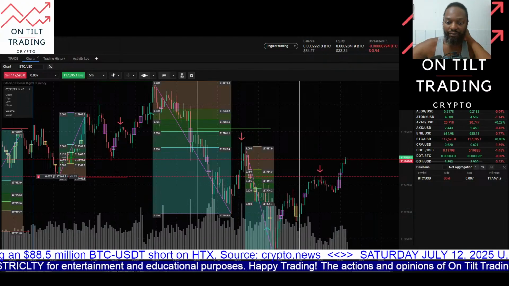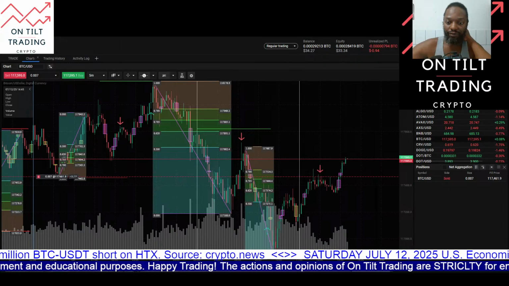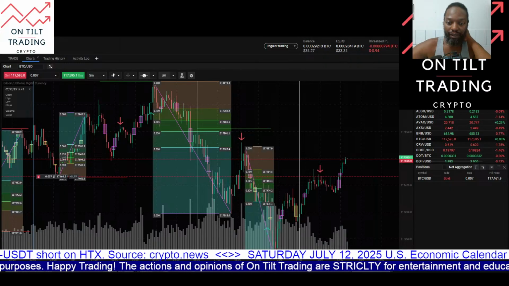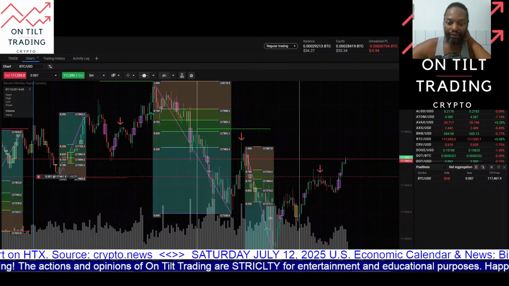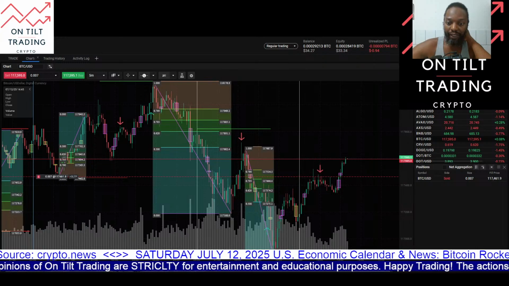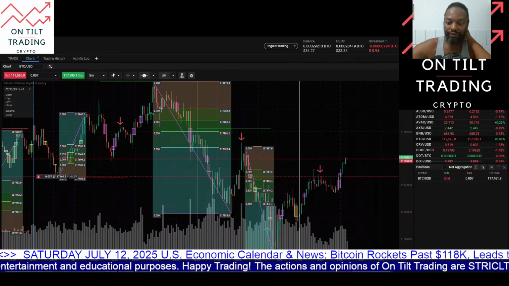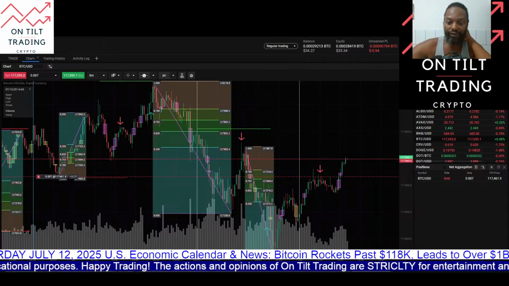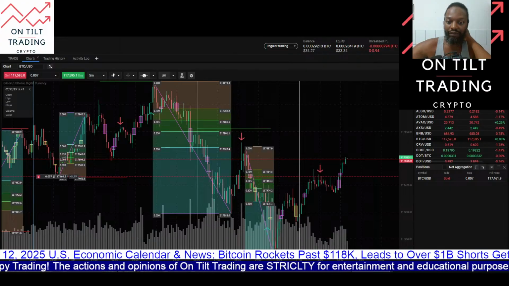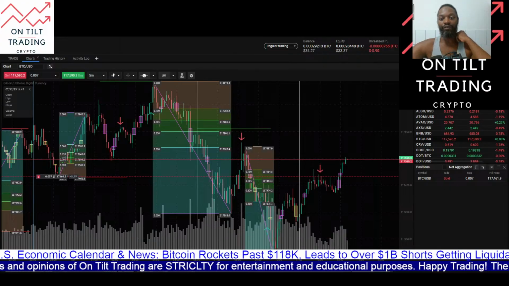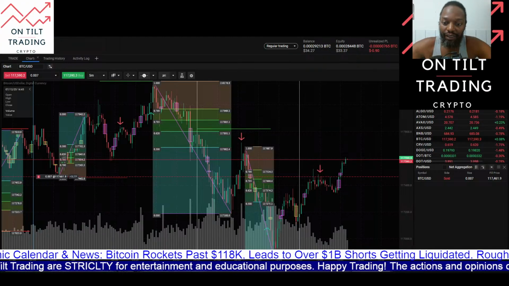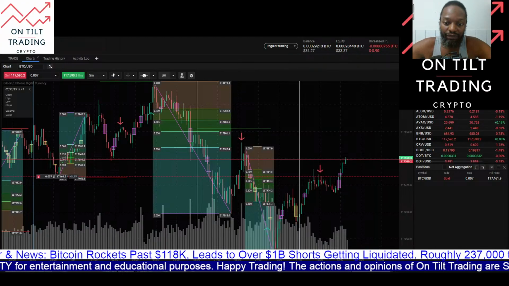Got some bullish fair value gaps here that have yet to be rebalanced, or at least this one has been rebalanced. So these unbalanced fair value gaps here. It'll be interesting to see if price is able to return to these areas, if it's able to sell